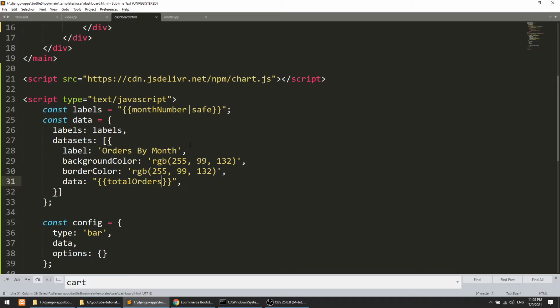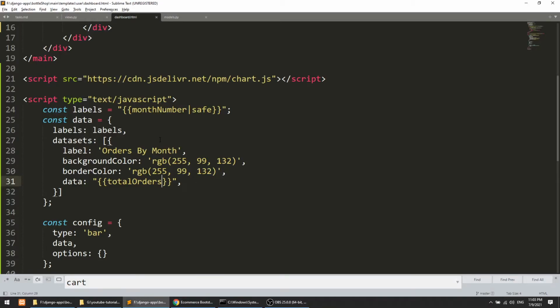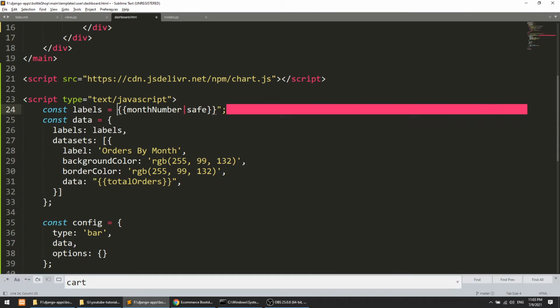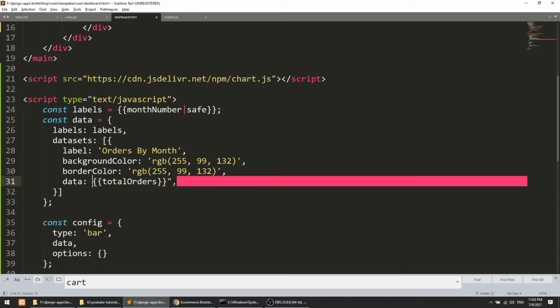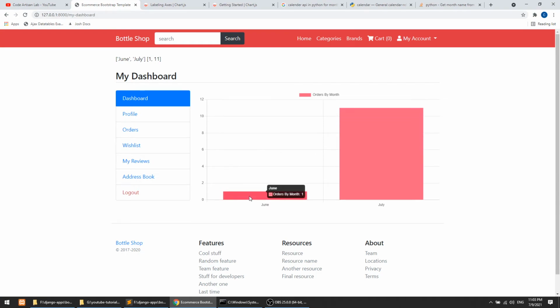Something is not showing. Orders by month, and actually we need to remove these quotes. Fine. So June has only one order, and July has 11. July has 11 orders.